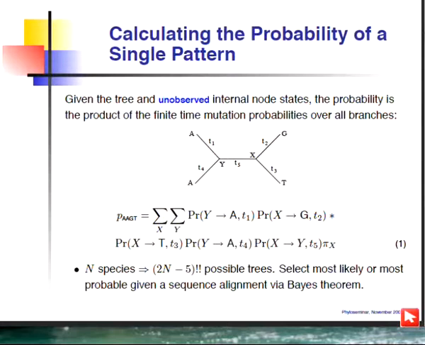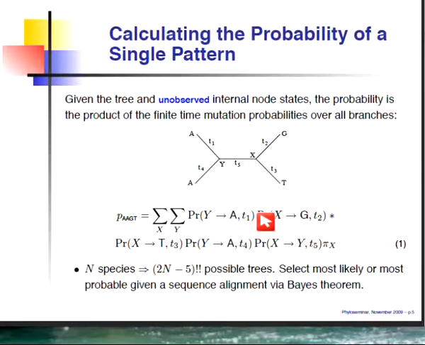So let's start with a given tree, and let's assume and start with an observed pattern at the tips, for example, A, A, G, and T. And let's assume for the moment that we know what the state of all those internal nodes are, or what the character at that site was, how it existed back when 2 of the branches merged together. Then we can write down the multinomial probability of the observed pattern as simply the product of all of the transitions along each of the branches, summed out over the marginal probability of one of the states.